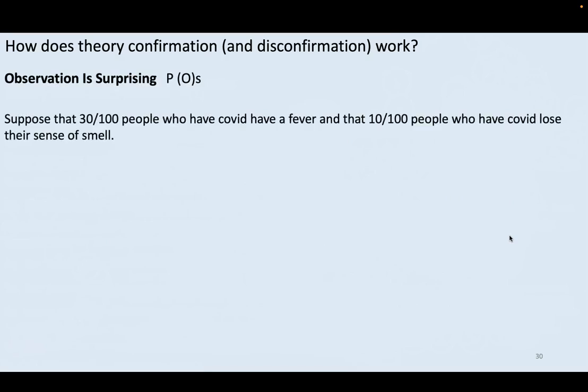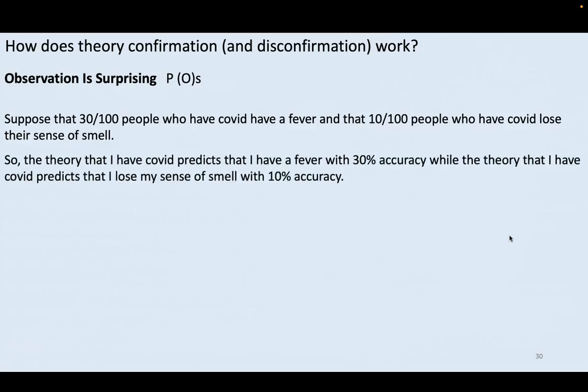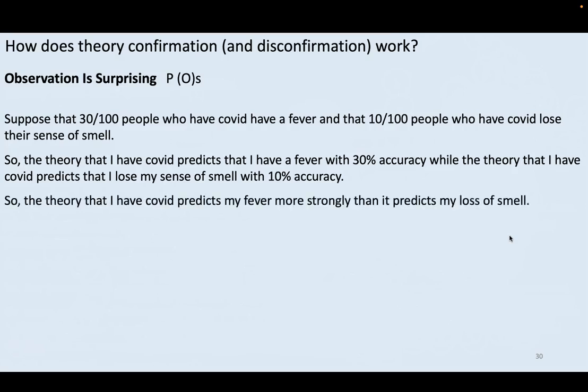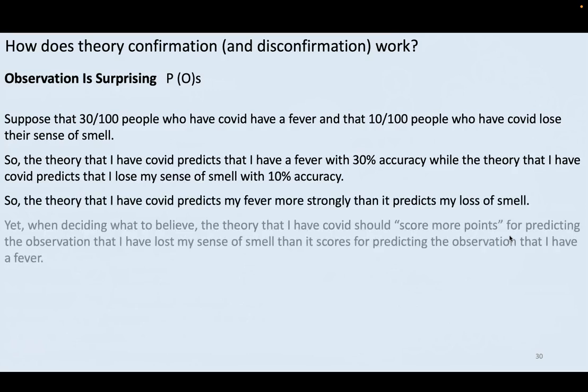higher. And to see this, suppose 30 of 100 people who have COVID have fever and 10 of 100 people who have COVID lose their sense of smell. So the theory that I have COVID predicts that I have a fever with 30% accuracy, while the theory that I have COVID predicts that I lose my sense of smell with only 10% accuracy. Nonetheless, the theory that I have COVID predicts my fever more strongly than it predicts my loss of sense of smell. Nonetheless, when deciding what to believe, the theory that I have COVID should sort of score